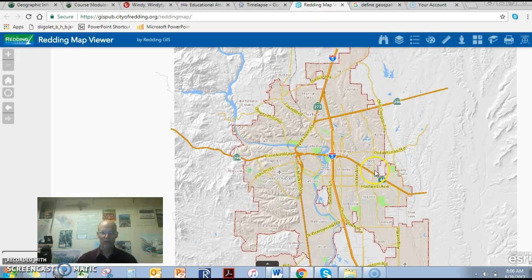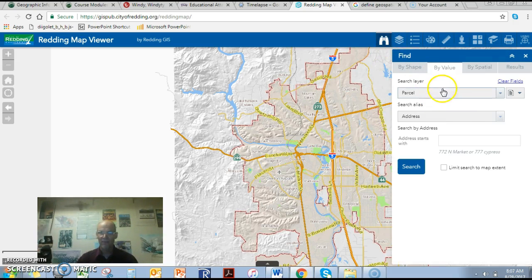I'm running out of time here on my utility, but here is an online geographic information system provided by the city of Reading, and it gives us the ability, for example, to search up certain parcels. And when we search up these parcels, I have a parcel number that I lost there, and I'm going to run out of time, so we'll pick this up